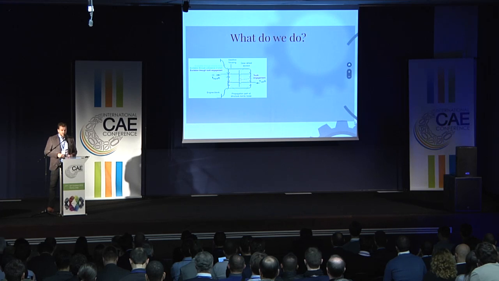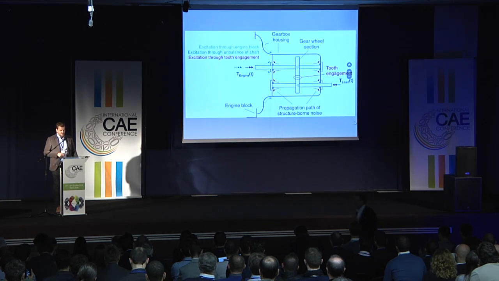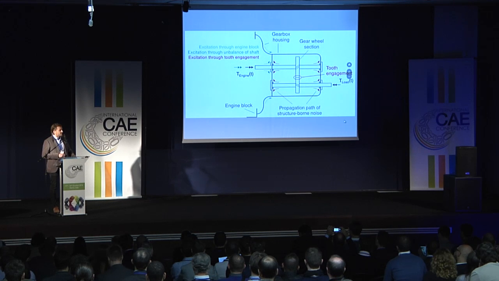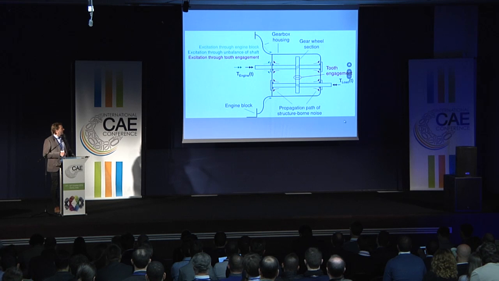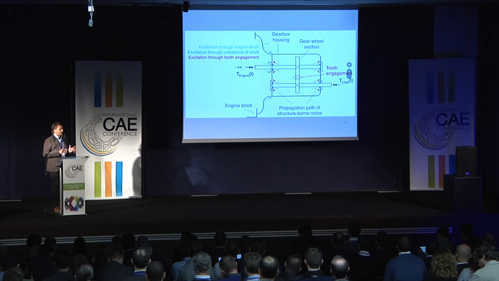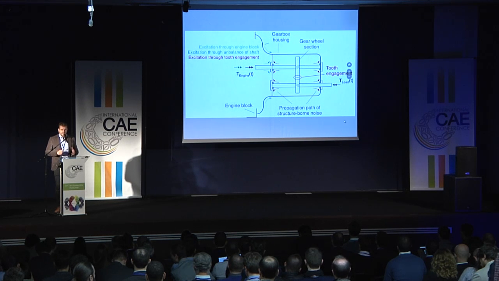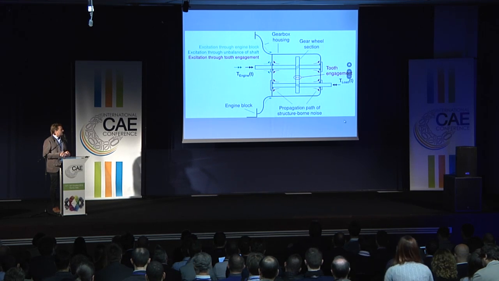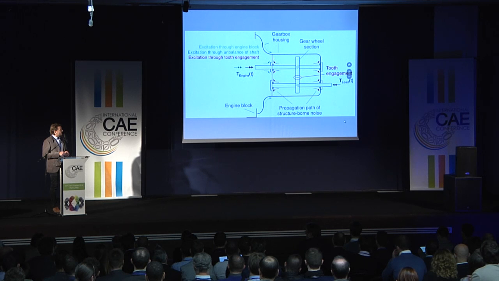What we do is we calculate the sound radiation of gearboxes. Basically, the gearbox is sitting in the powertrain and is excited through many different noisemakers. There's the combustion noise, which is exciting through the engine block, unbalances of the shaft, and of course tooth engagement, which happens inside the gearbox. What we do is we cut the gearbox out of the powertrain and we simulate the sound radiation of it. If you cut it out, the only excitation which still remains is through tooth engagement, which happens right here. So the vibrations occurring here are traveling through the gear wheels, shafts and bearings, causing the gearbox housing to vibrate.